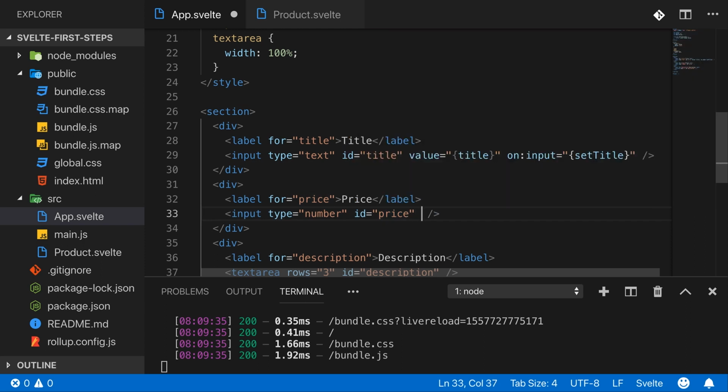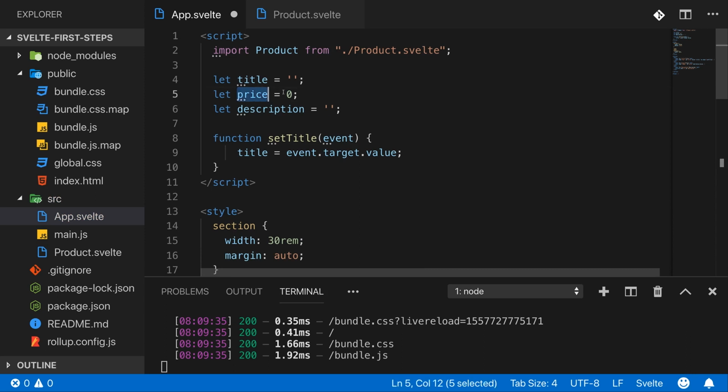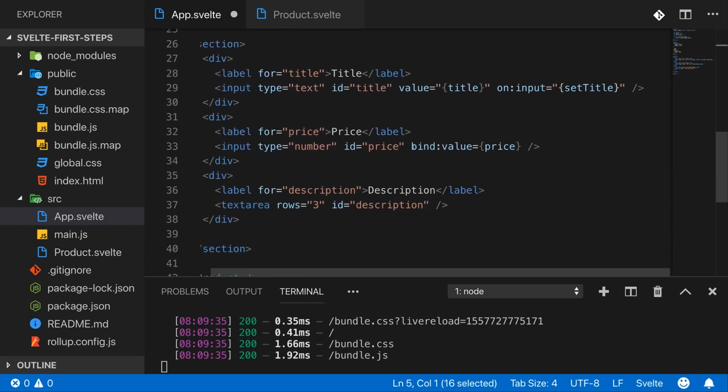And that is another special instruction, a directive, which Svelte understands, the bind directive. Bind colon, again, is understood by Svelte because it parses all your markup you're writing here. And you can bind to a property here, and that would be the value property. Now this means that Svelte will both pass data into that property, but also react to changes of it. And here we bind to value, and I want to bind that to my price variable. And that means that whenever this changes, the changes are saved back into the variable, but whenever we change the variable here from some other place, because some timer expired or anything like that, such changes would also be reflected